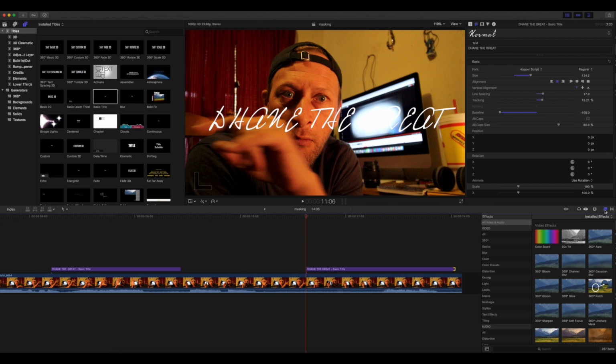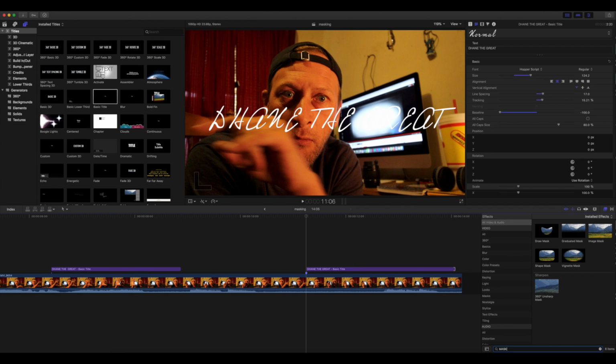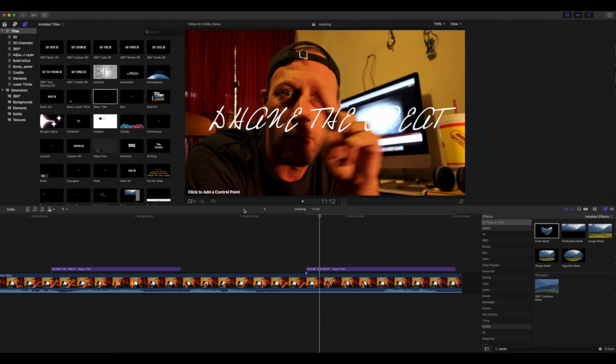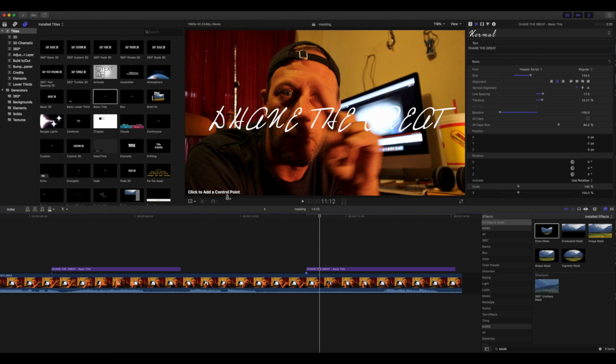Go to our effects browser and then type in mask. And just drop that mask effect right onto your text. Now once you do that, it's going to ask you to click to draw a control point. So I'm going to click a bunch of control points in a circle